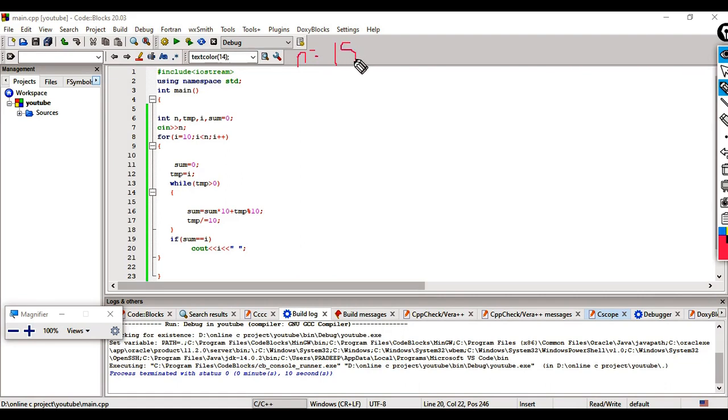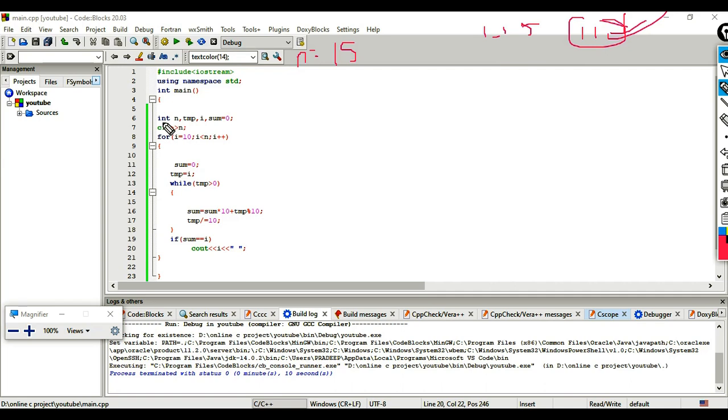We're proving whether our code is working properly or not, because from 1 to 15 there is one palindrome number, which is 11. So let's check whether we get 11, and if we get 11 between 1 to 15, then we prove that our code is right.